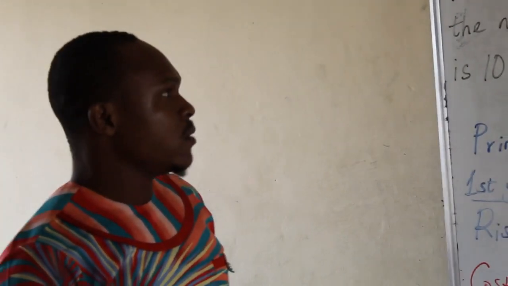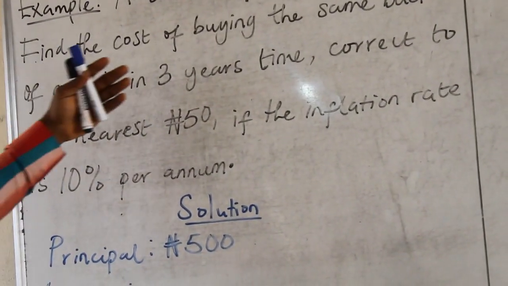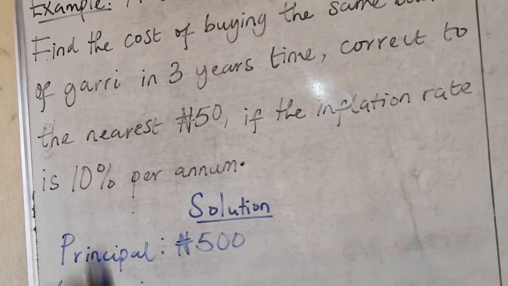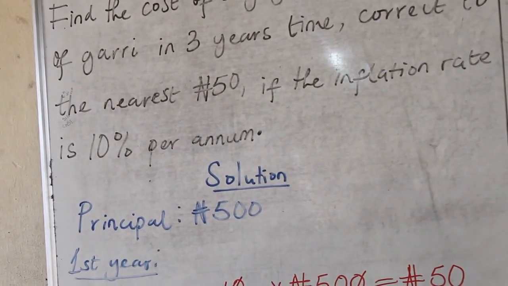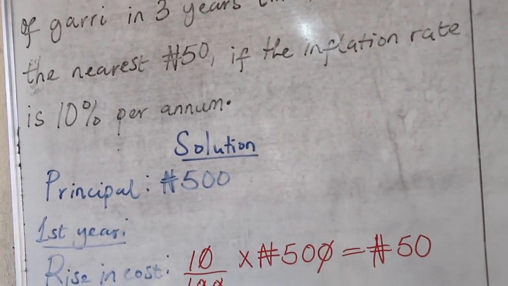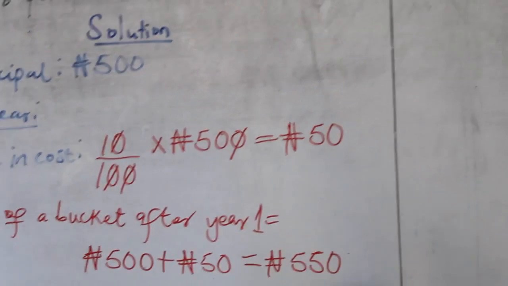Okay? But now, going through the question, it says we should find the cost of buying the same bucket of Gari in 3 years' time. So we're not going to be calculating for just the first year. We'll calculate for the first year, the second year, and the third year. So we'll be going over to the other side to calculate for the second year. So for the second year, we'll have